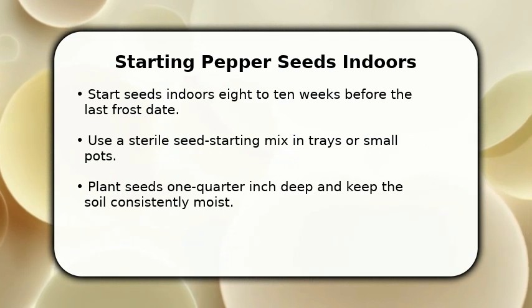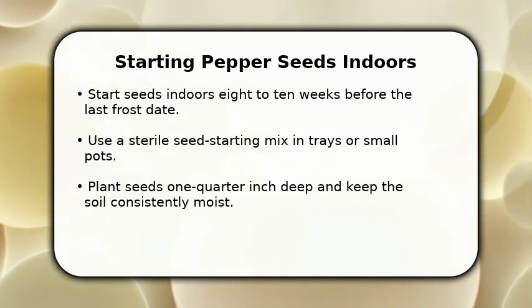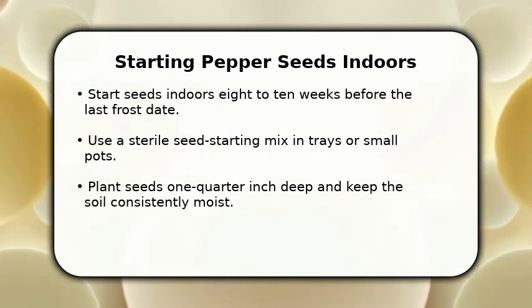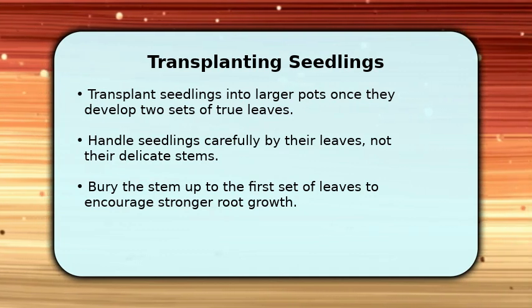It's crucial to keep the soil consistently moist and maintain a warm soil temperature, ideally between 75 and 85 degrees Fahrenheit, for successful germination. Once your green pepper seedlings have developed 2 distinct sets of true leaves, it's time for